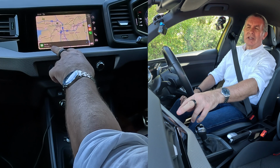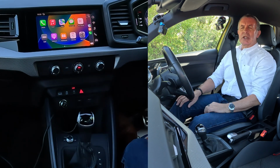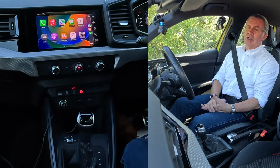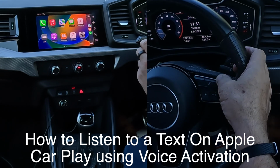It shows you've got a message. I'll just put it on the other screen. So if we go to the other screen, just slide across, you'll see there's a message there come up. That's the message I've just sent using voice activation. You're driving along the road, you can't look at your phone, it doesn't show you the message if you touch there. So what you do, voice activation, 2 seconds,